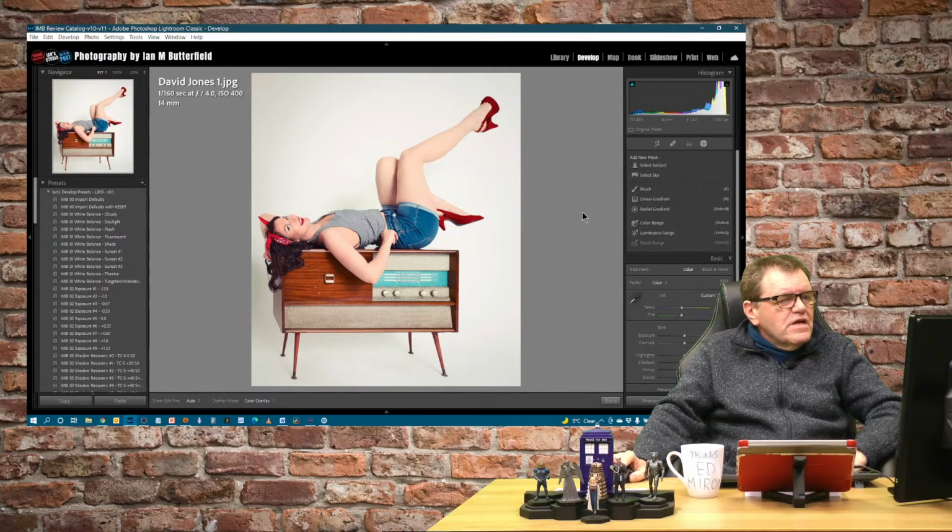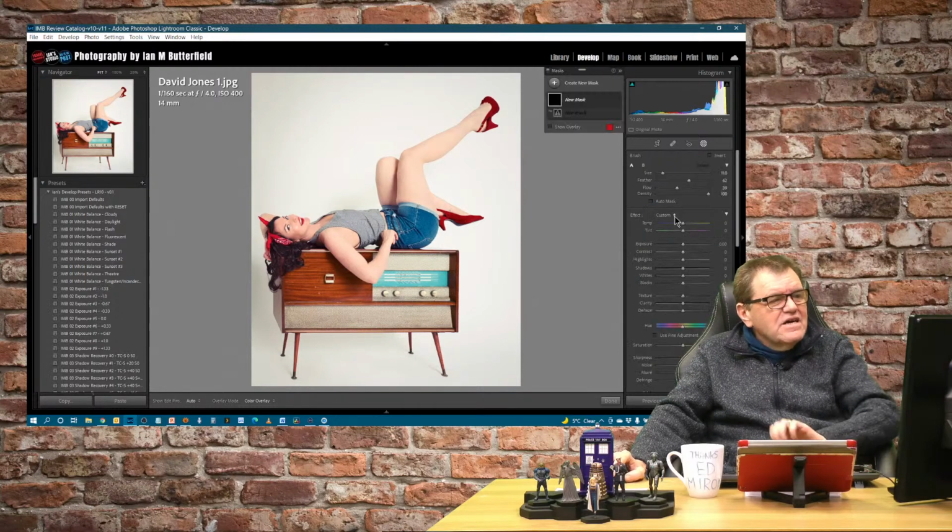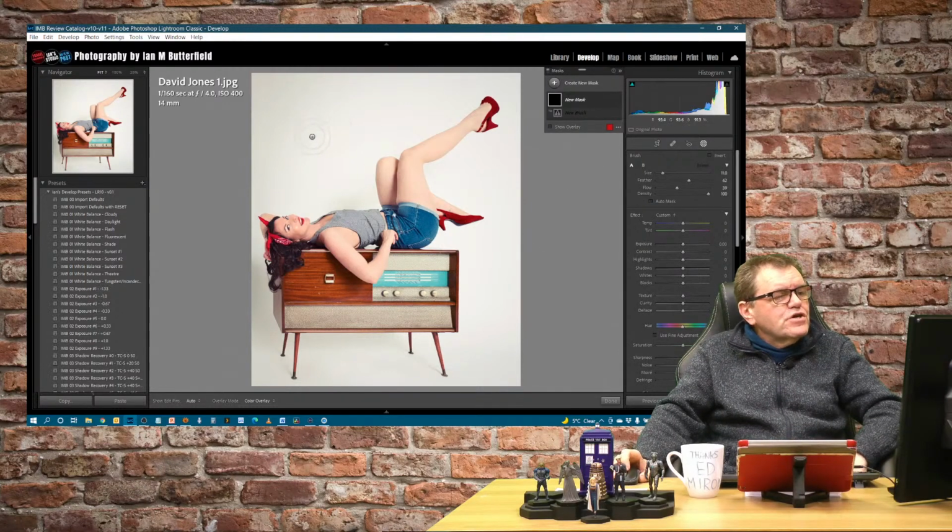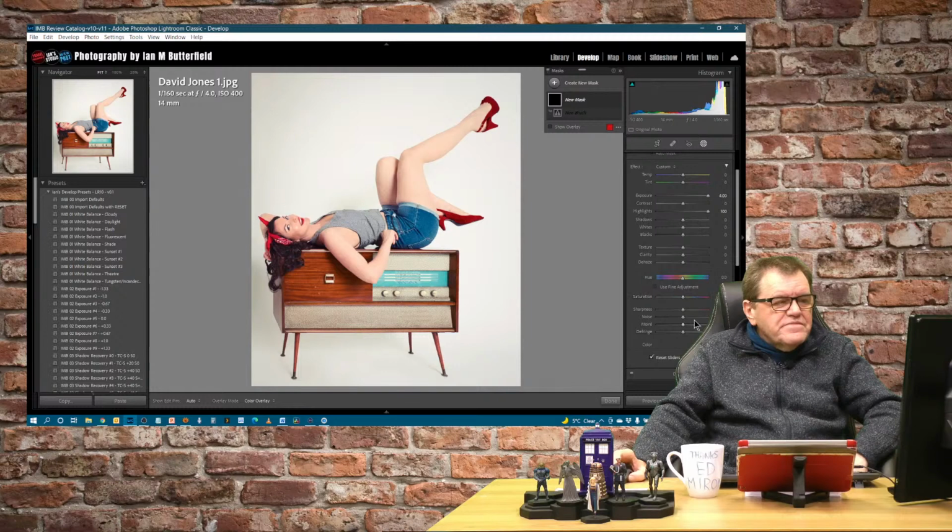Delete mask 1. What I'm going to do instead is I'm just going to do a brush on here. So K will create me a brush mask, and I am going to take exposure all the way up, highlights all the way up, and I've just realized something that's gone missing on here.